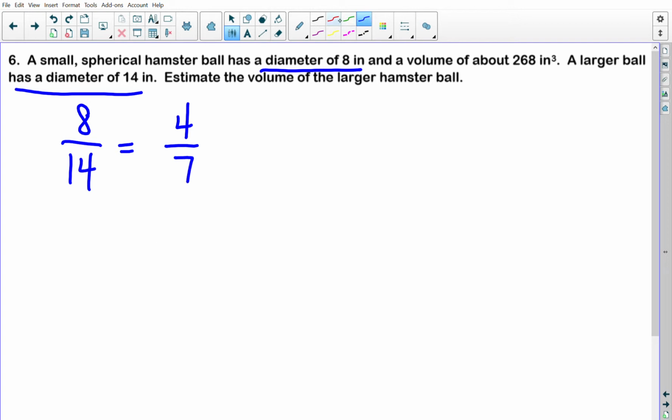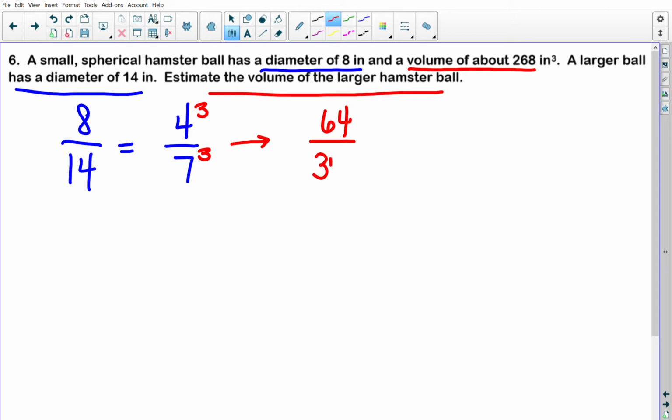But now I'm looking at finding volumes. So what I'm going to go ahead and do is turn this into a third degree ratio. I'm going to cube each of these. So I'm going to get 64 over 343. And then I can say that that is equal to